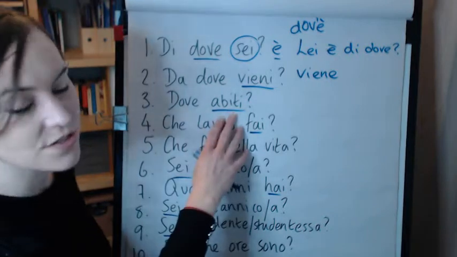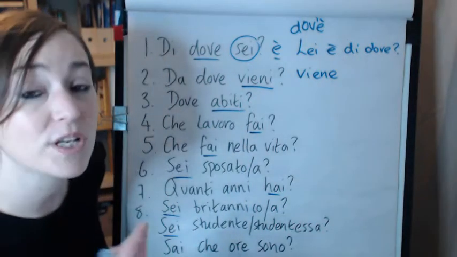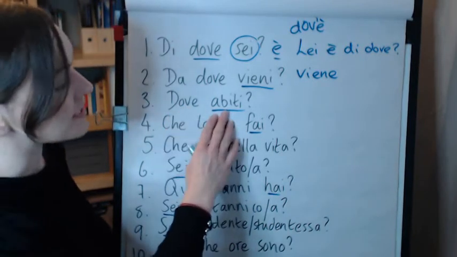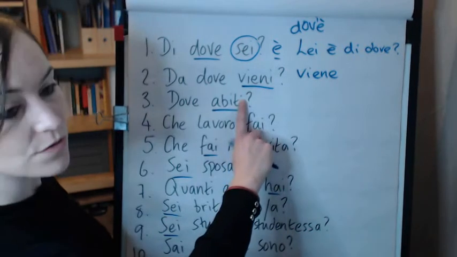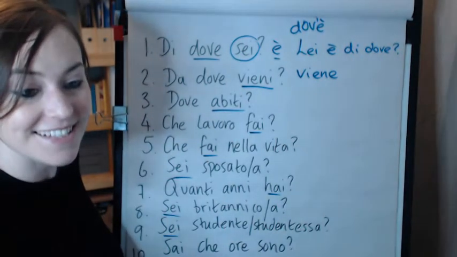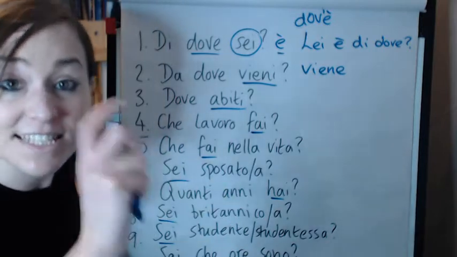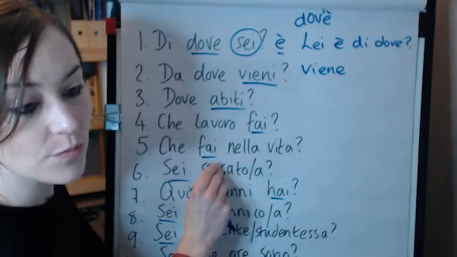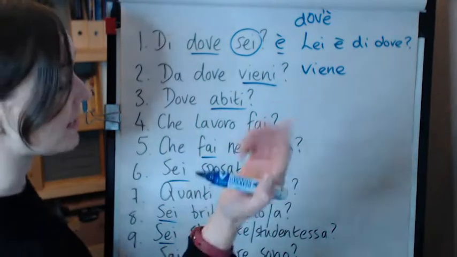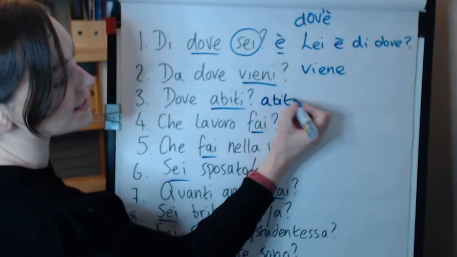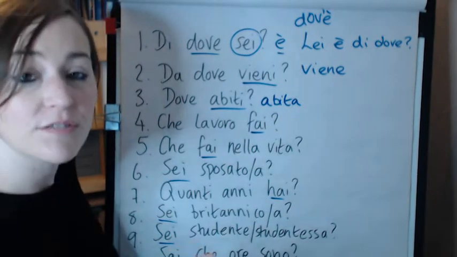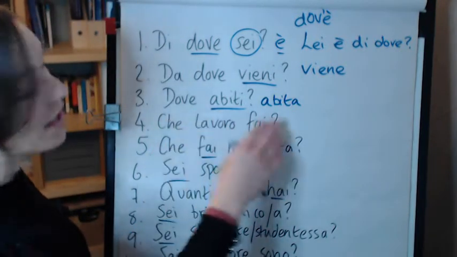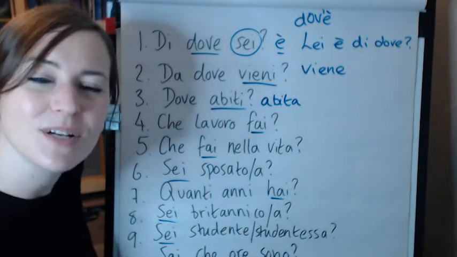So we're going to change this verb abitare, which means to live or inhabit, to the third person form. Okay? So if it's an ARE verb, there's the tu form. Abit is the stem of the verb, a little like the first part. The ending there is in the tu form. We're going to change it to the lui lei form, okay? Abita. Like I just said, ARE verbs in the third person, he or she, end with an A. Dove abita? Lei dove abita? Where do you live then?